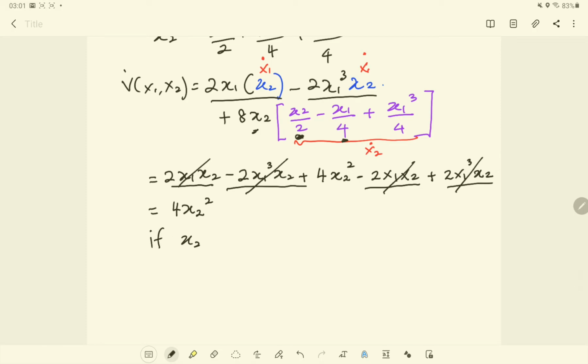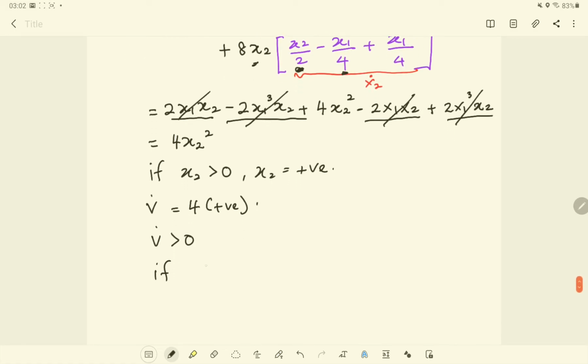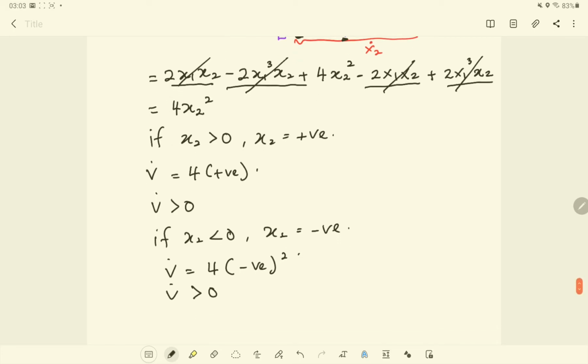if x2 is greater than 0, or x2 is equal to a positive value, so you substitute into the equation, V dot equals 4 times a positive value, so V dot is greater than 0. If x2 is less than 0, or x2 is equal to a negative value, V dot equals 4 times a negative value squared. So you still get V dot greater than 0. So from here you can conclude that